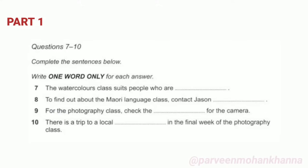Oh, that reminds me. In the final week of the photography course, is it right that there's a visit to a show in the local area? I work in the city, you see, so I might have to come home early for that one. Yes, they'll decide the date once the class has started. Is there anything else I can...